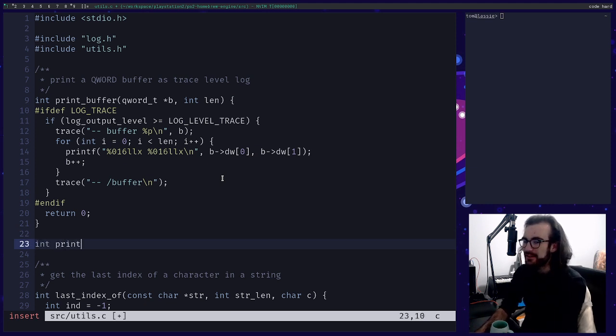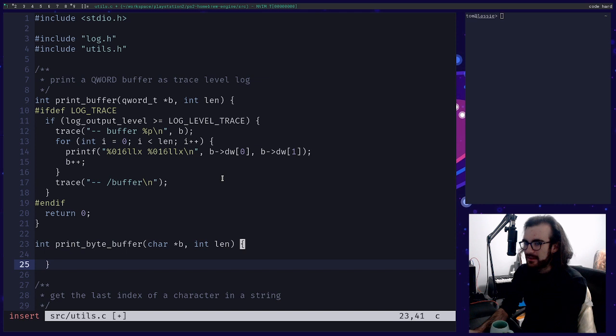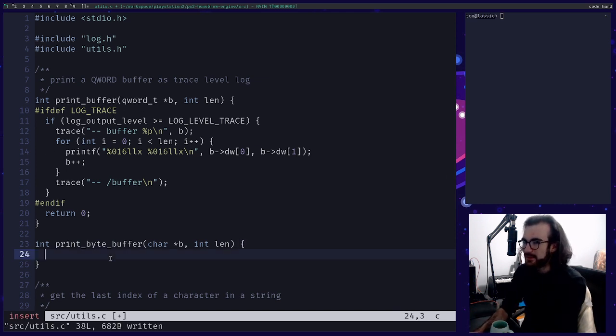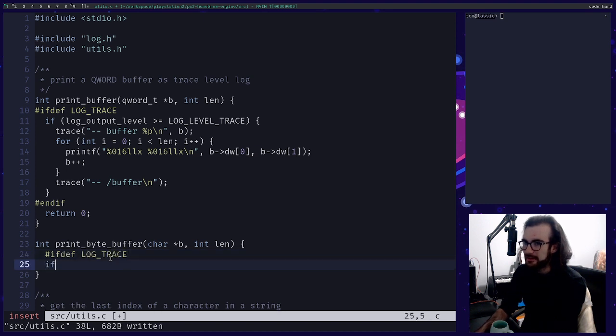Okay, so let's go print byte buffer. This really should be called something else, but we're not gonna interfere with the status quo. If def log trace, then if log output. This is very noisy logging.